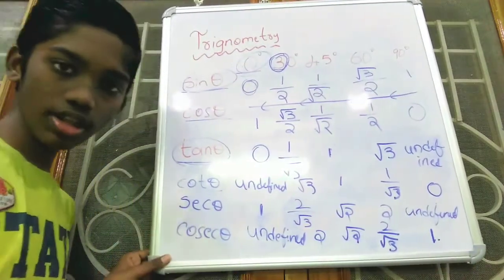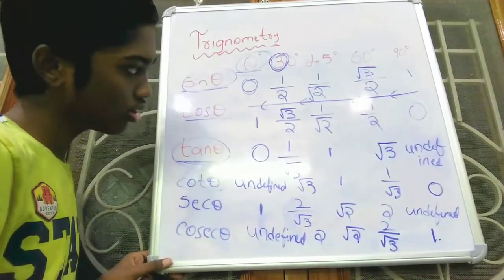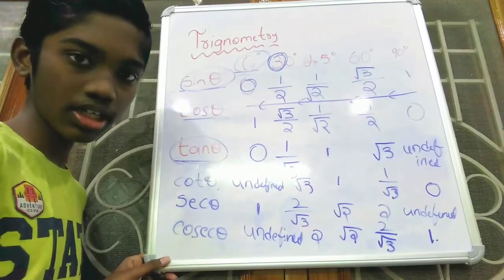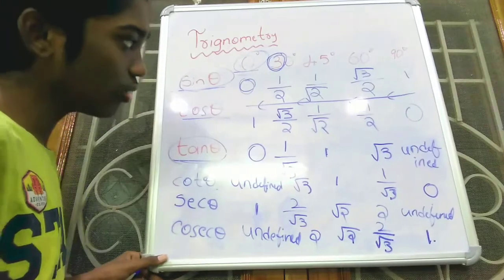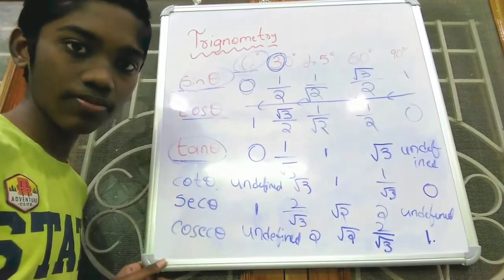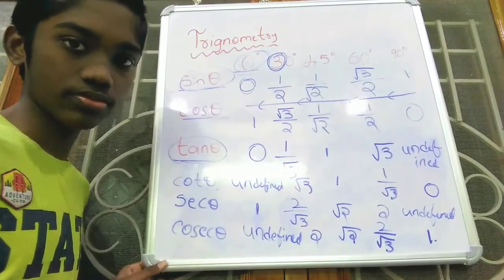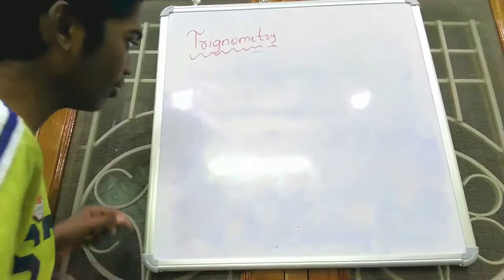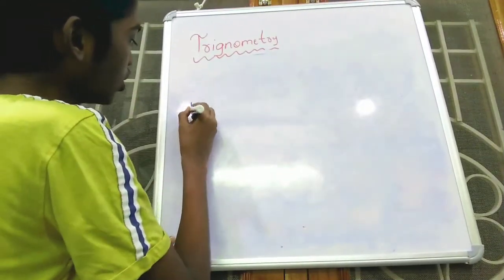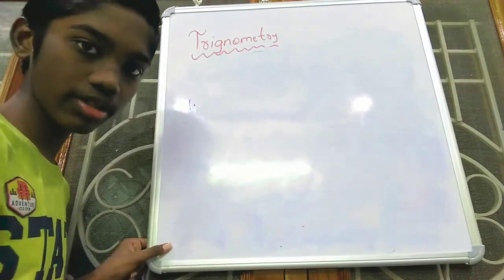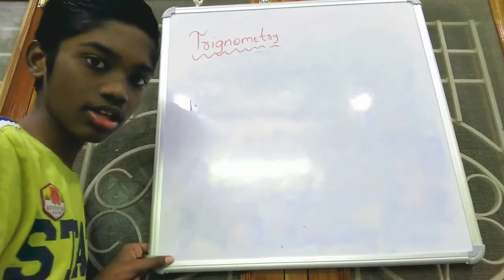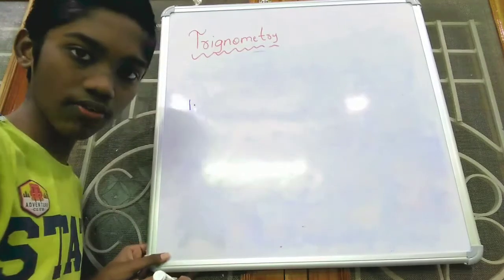So these are all the trigonometric values. It will be very difficult, even with the tricks. You need to remember these values, then only we will get the problems. Now let us do some problems on trigonometric values. First you need to remember those trigonometric values, then only you will get the chapter trigonometry. You can also use some tricks like I used in remembering the values.